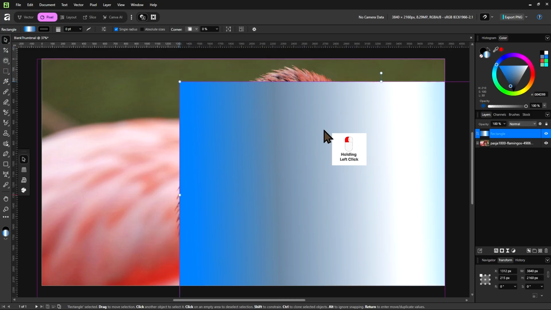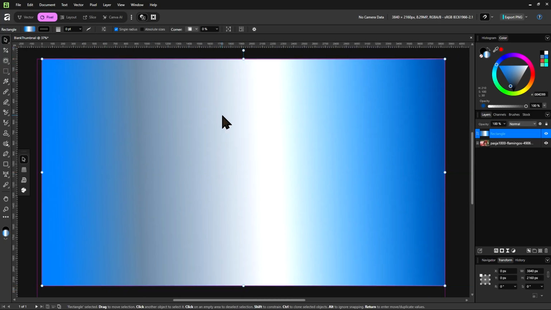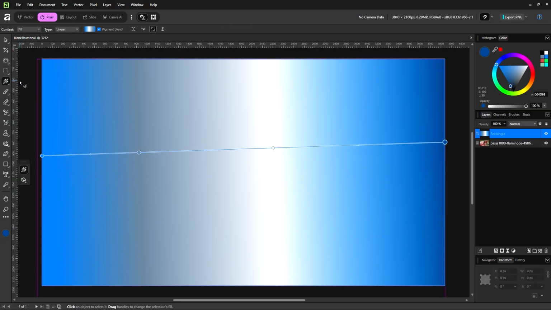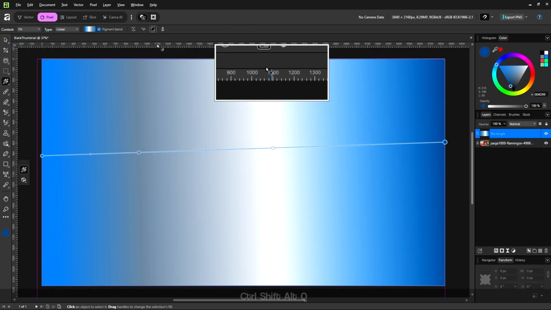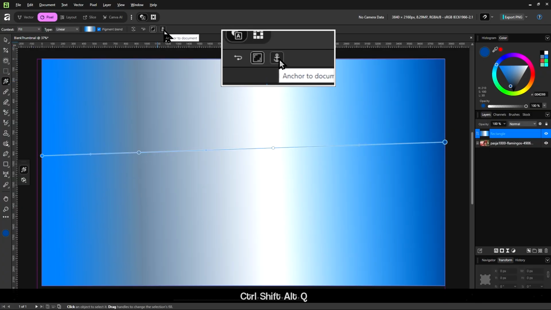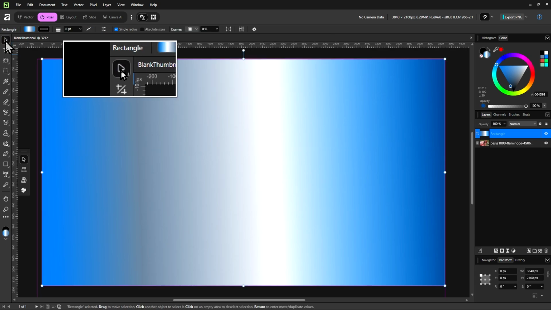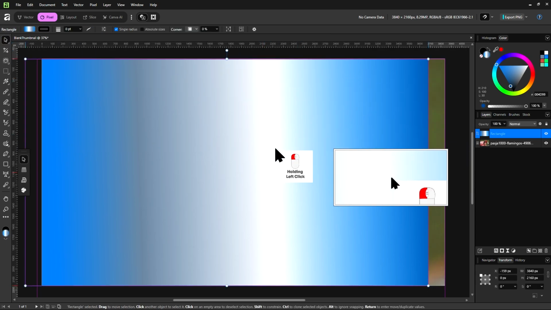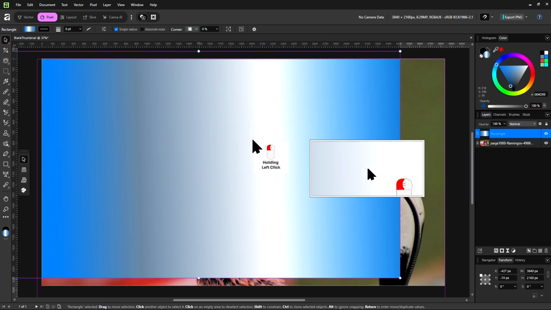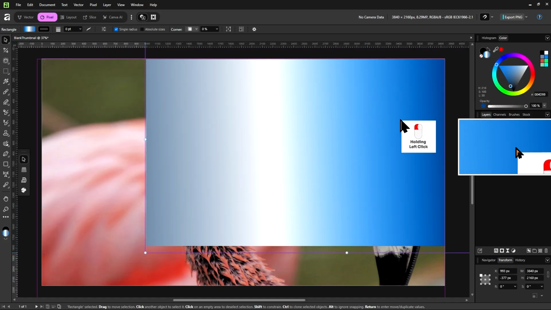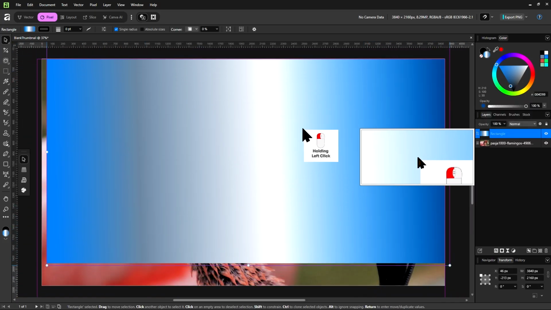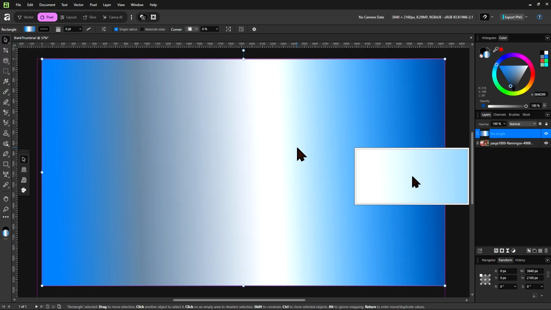And when I do that, as you can see, the gradient moves along with the rectangle. But if I move the rectangle with this anchor to document toggled on, well, now if I move around the rectangle, the gradient is not moving anywhere. It's staying exactly where it is.